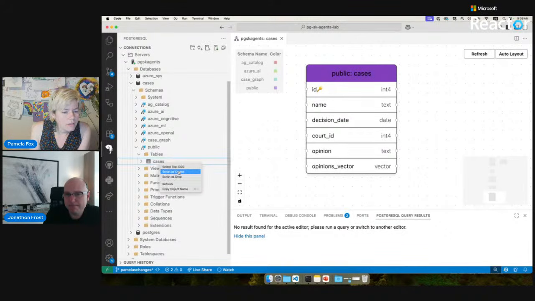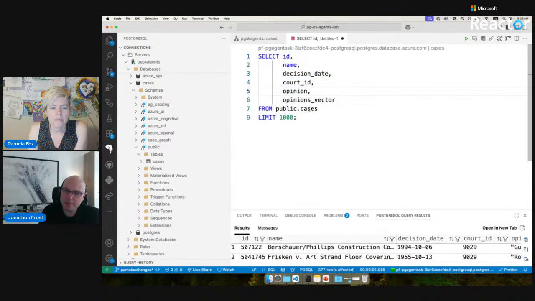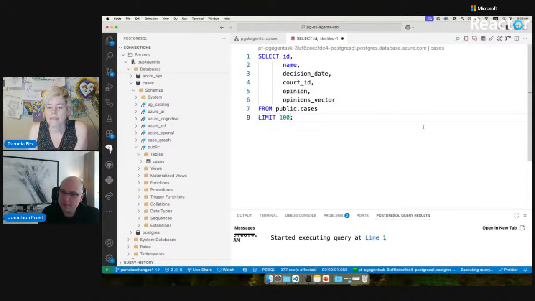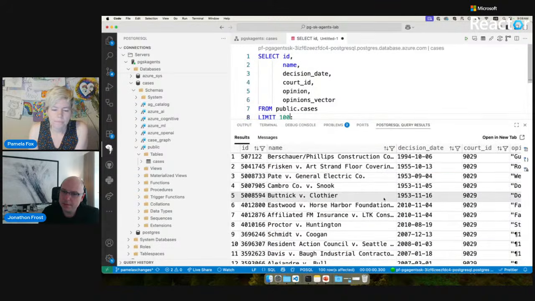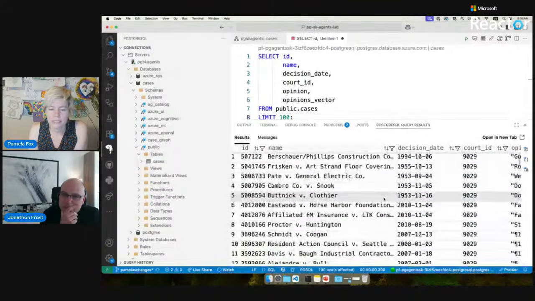Now I can also see what the top 1,000 rows look like. So I'll say select top 1,000. That'll open up a SQL query. I could limit this, really I only need to look at 100, and then run this query here. That will open up the table in the data below, so that I can look through and get a feel for it. This is what the ID looks like. Here are the names of the cases.